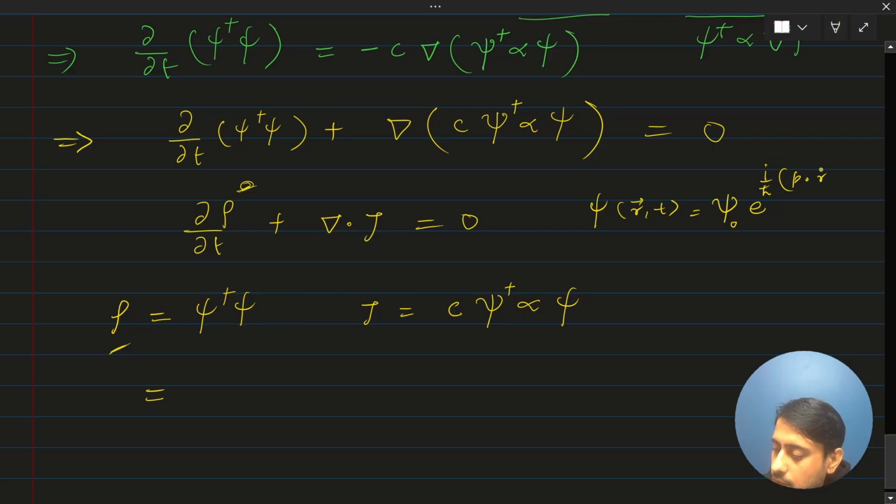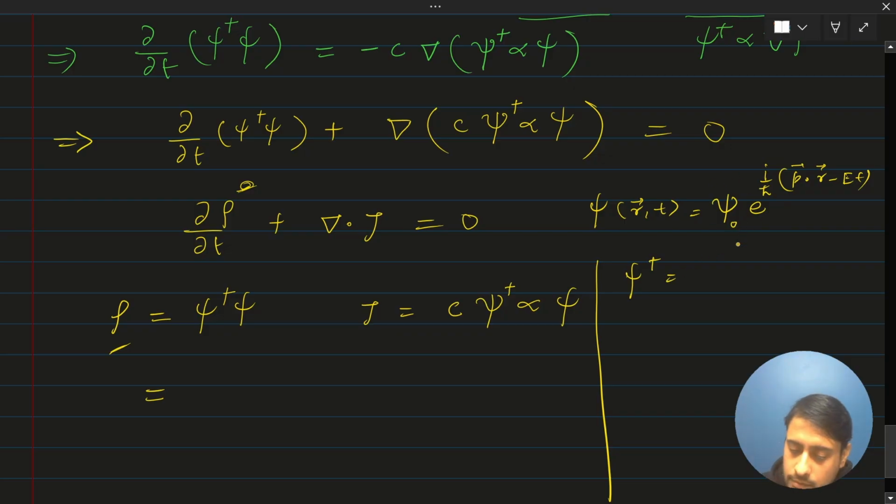So if you take the conjugate, psi dagger will be the conjugate of this. This will go on the left hand side, and whatever is written here will be on the left hand side. So we can write it as e to the power minus i over h bar (p dot r minus Et)